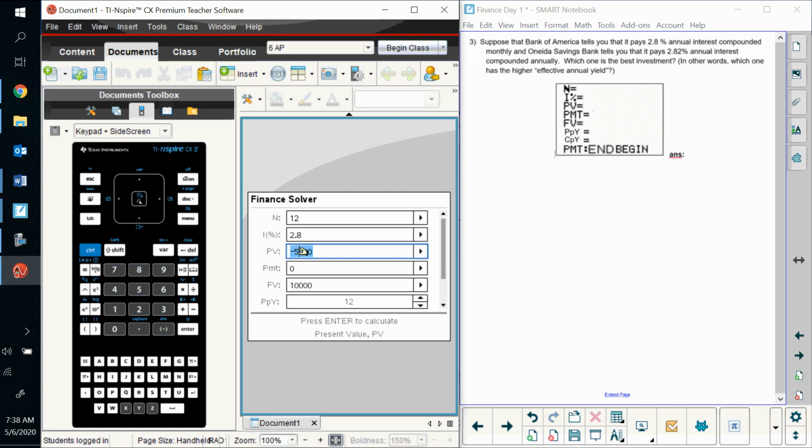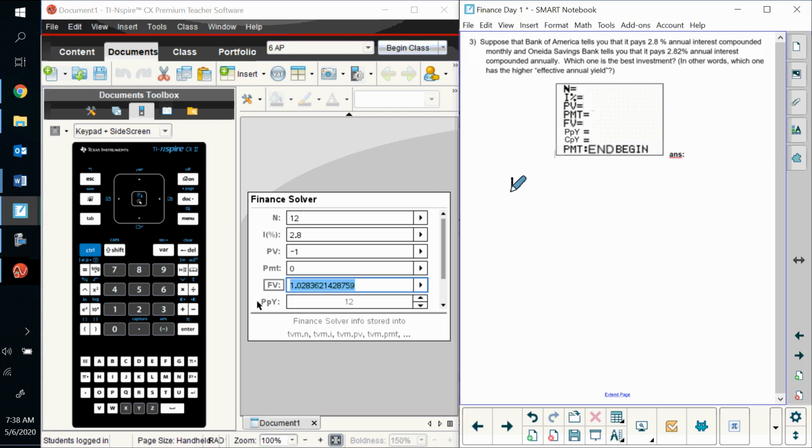We're going to invest $1 because all we're trying to see is which one's the better one. And by doing one, or you could do something like 100, something nice, no payment, and then we want to see what our final value is. So we'll delete that out and hit enter. And so it looks like our final value, and we're going to keep it out for a few. So for Bank of America,